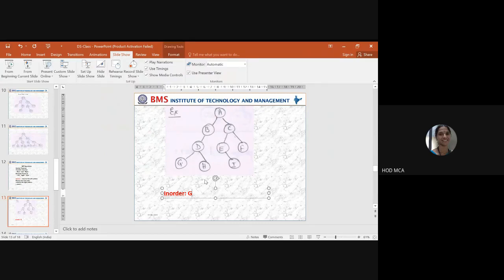And then we have to do what? Root. Come to root. Root is what? D. So I will write D. Next, I have H. Left, root, right. So I will write H. Again, I'll go back recursively. So G, D, and H, that part I have done.